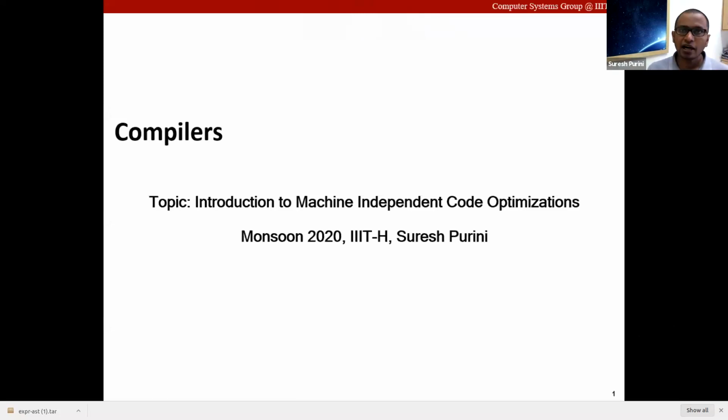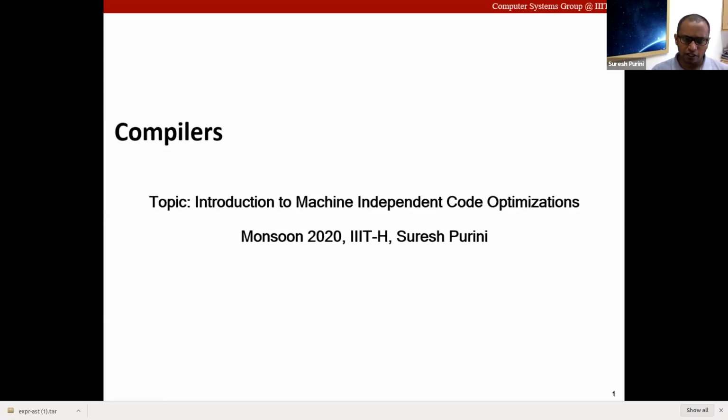In the last class, we have seen how machine independent code optimizations work, but when we were looking at these optimizations, we were looking at program representation at a certain level. And today we will see how these machine independent code optimizations work on an intermediate representation which is of a lower level. I would like you to keep this idea in mind, that the same optimization algorithm that you would like to apply,